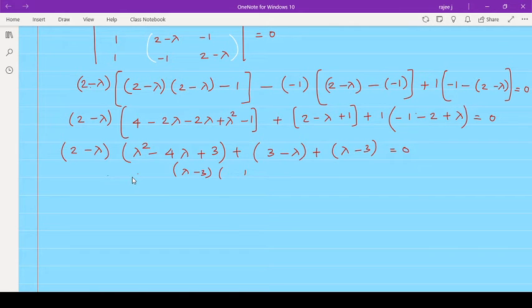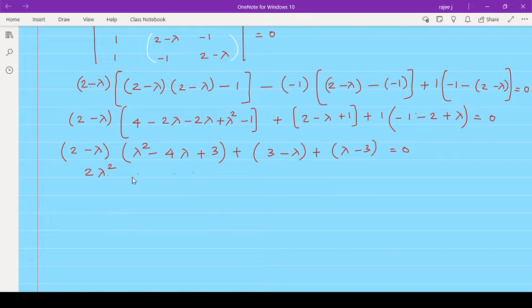Otherwise you need to open that up. That depends on the remaining terms. So one way is to multiply each term: 2 into lambda squared, then 2 into 4 lambda, 2 into 3. Otherwise, we can factorize this one and then go forward. Whatever it is, you can select that. So 2 lambda squared, now I am multiplying this one.